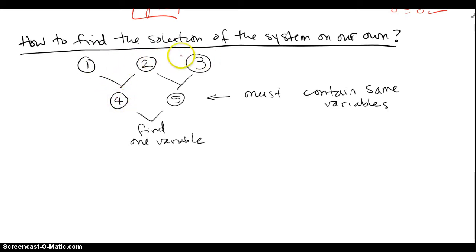And then use another 2 equations to get rid of the exact same variable you did before and get a 5th equation that matches up with the 4th equation having the same 2 variables. And once you have that, it's like a system from the previous sections where you can eliminate x or y or one of the variables and find the value for one of the variables. Then you go back and find the other variable that was in the previous step, and then from here you go back and you find